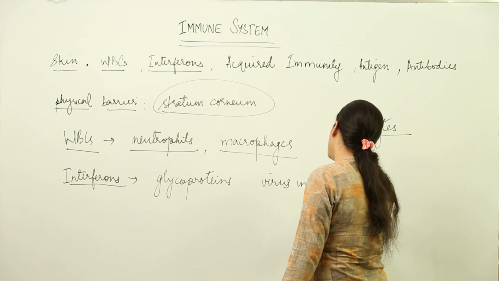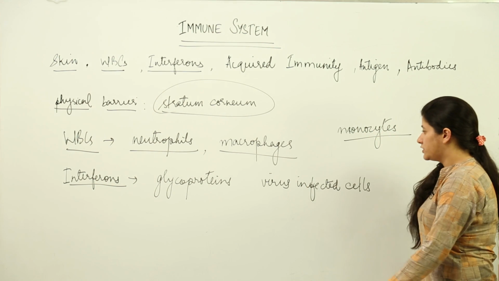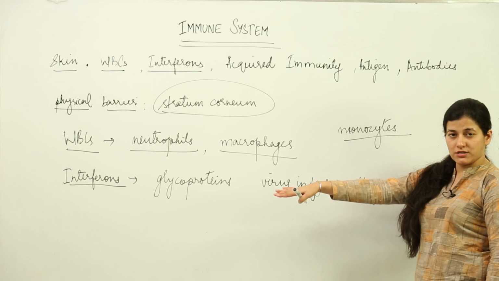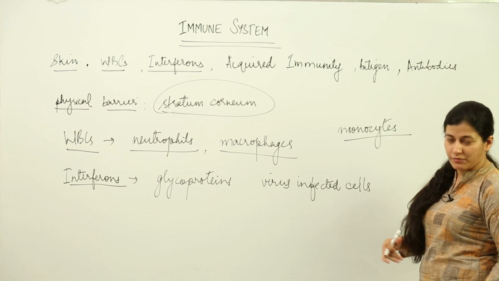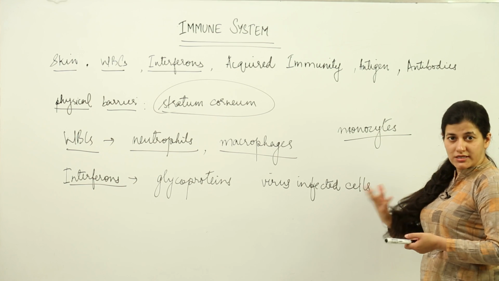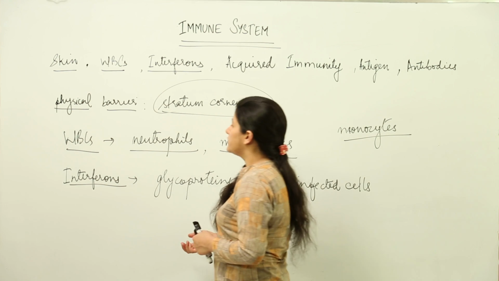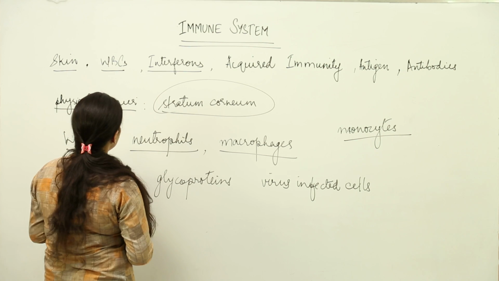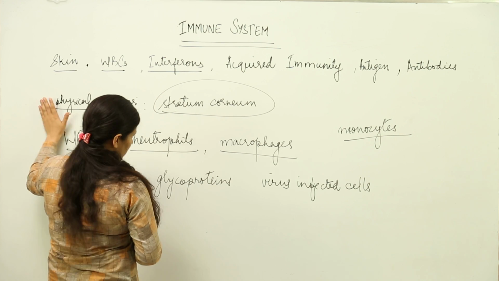So we have virus infected cells which could release glycoproteins known as interferons, and then these cells invite other cells so that they can be digested or eaten up, and in a way the viral cells could be killed. And once the cell has been killed, then certainly the virus will not be able to spread the infection. For that you need to recall what you had studied in the case of viral action